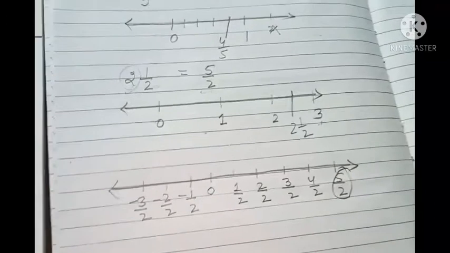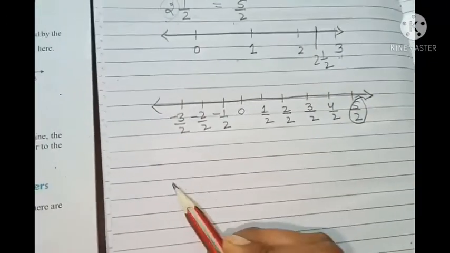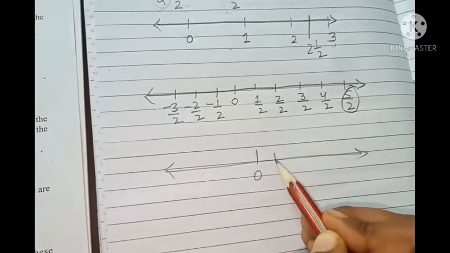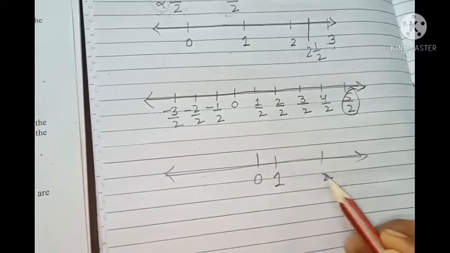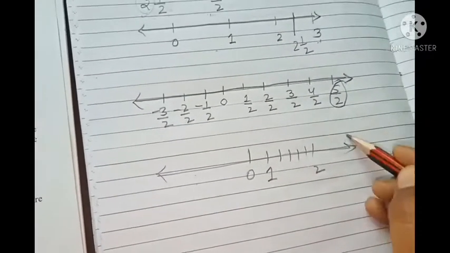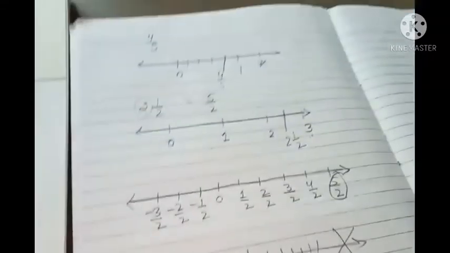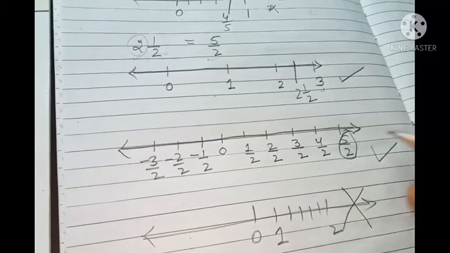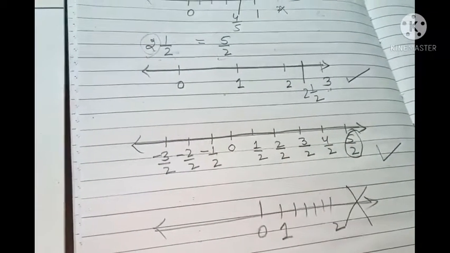Okay? Don't do this thing, I saw some students doing it like this. They are having this rational number and they are writing 1 here and 2 here because they need to separate them up. This is the wrong method. Okay, so try to do them with proper spacing and proper gapping. Okay.